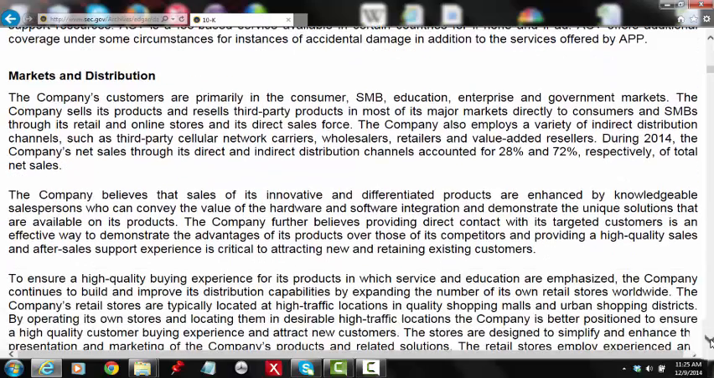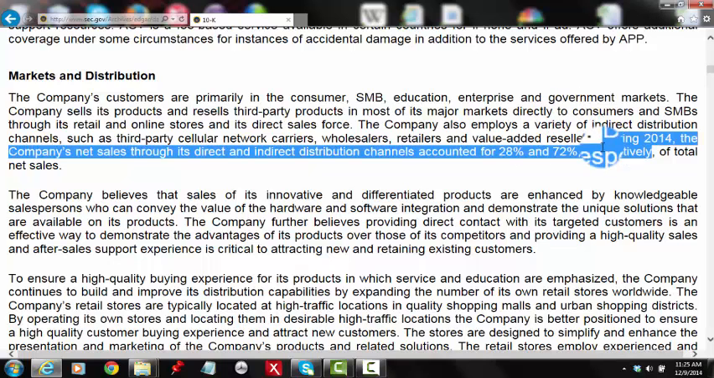Then the markets and distribution. The company's customers are primarily in the consumer, SMB, education, enterprise, and government markets. So here, one very important point to note down is that in the year 2014, the net sales through the direct and indirect channels, they're giving the breakup. Okay, the net sales from the direct was 28%. So what this signifies is that